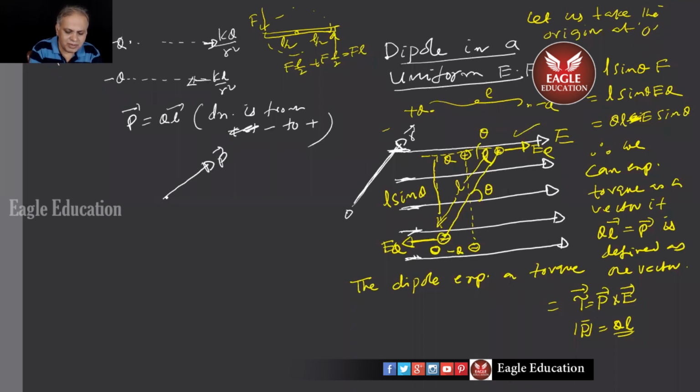And E will be a vector like this we showed. Now the angle actually becomes the angle between the two vectors P bar and E bar. So that P cross E, right hand thumb rule. When I'm saying right hand thumb rule, you're not saying anything. So if I turn P to E, the thumb goes inside, right?